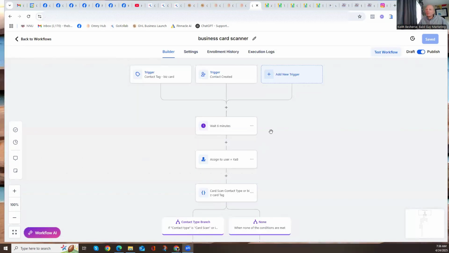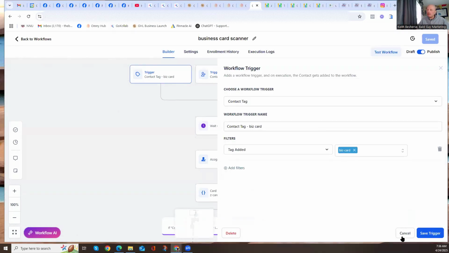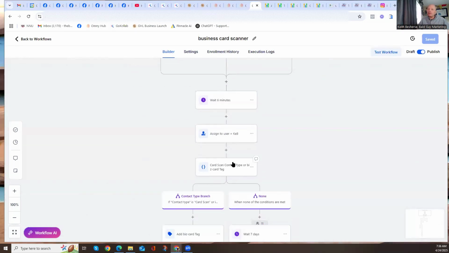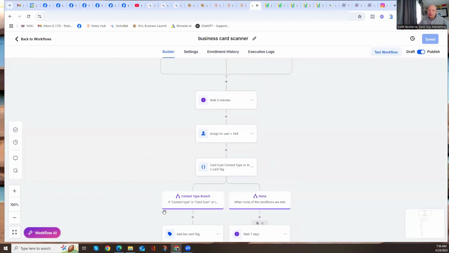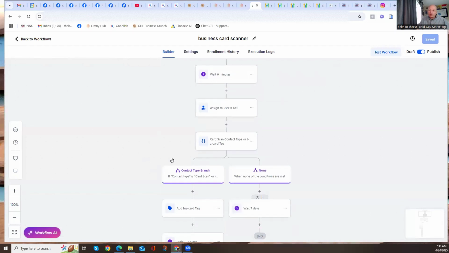So either the tag is added, or just contact created, and then we filter with an if statement: if contact type is card scan or the tags include the biz card, then we go down this contact created branch. Otherwise, we're going to do